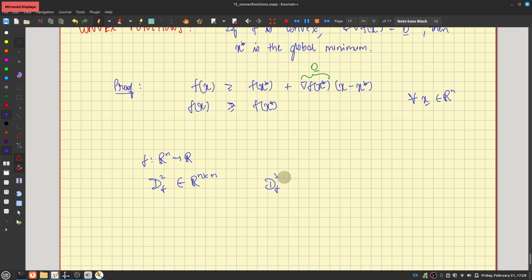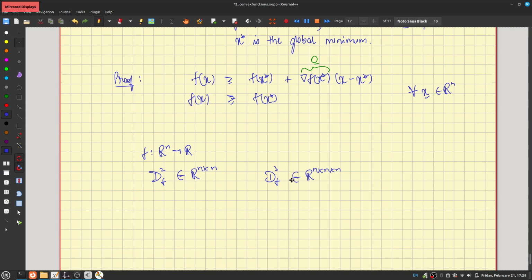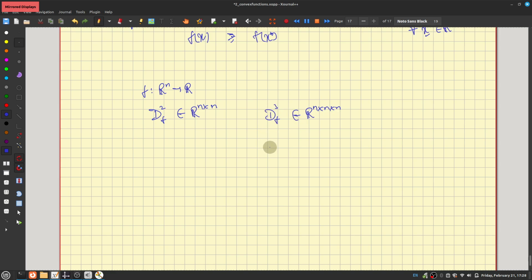Df cube, the third order derivative, is something that belongs to R n by n by n, right? It's nothing but the derivative of this, correct? This is okay? Fine. So I can represent this as df cube of ijk,